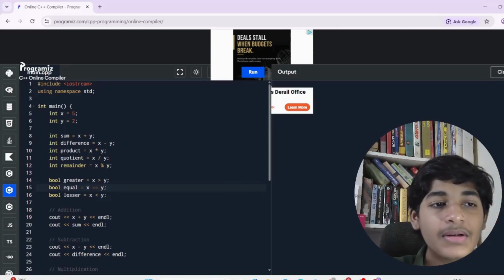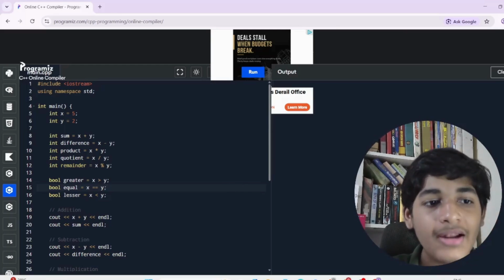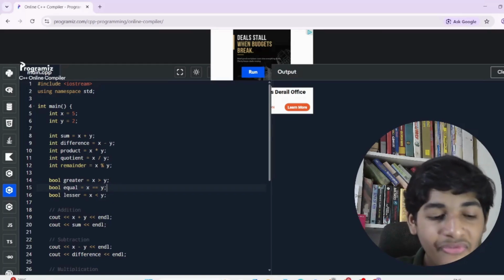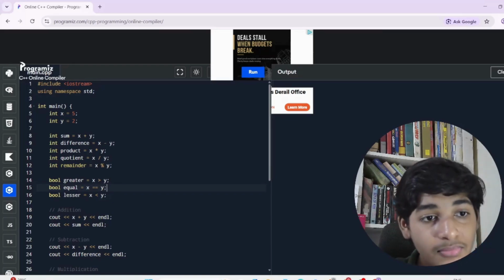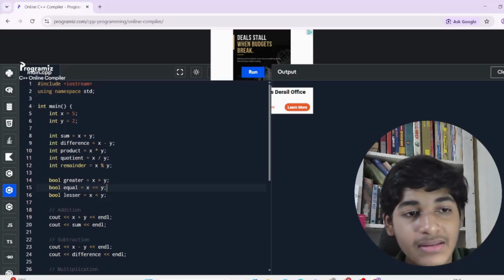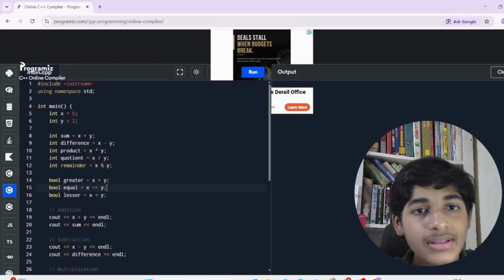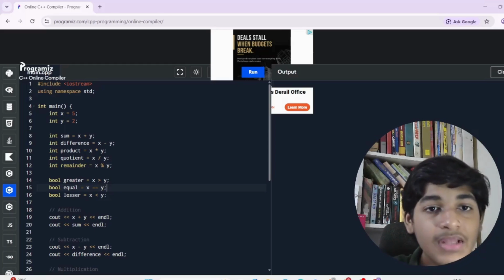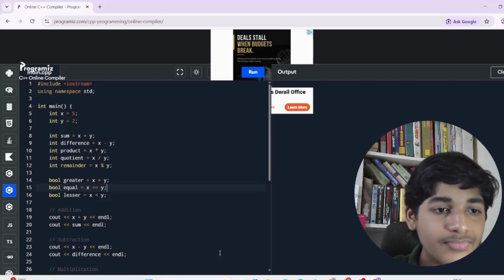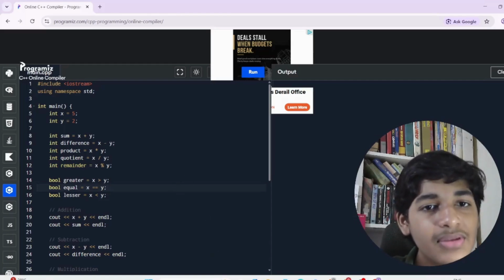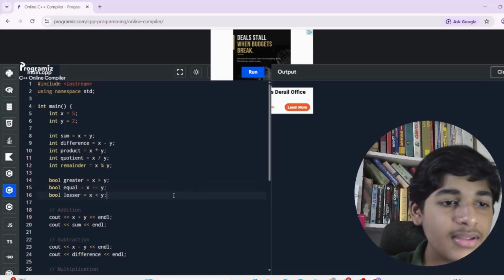Now logical operators are AND, OR and NOT, and they are used to compare logic if a specific condition is true. If I want to compare that if this and this is true, both of them are true, then print this. Or if this or this, that means either one of them is true, then print this, like that. So for this also we'll be using Boolean data type. So I'll be writing bool